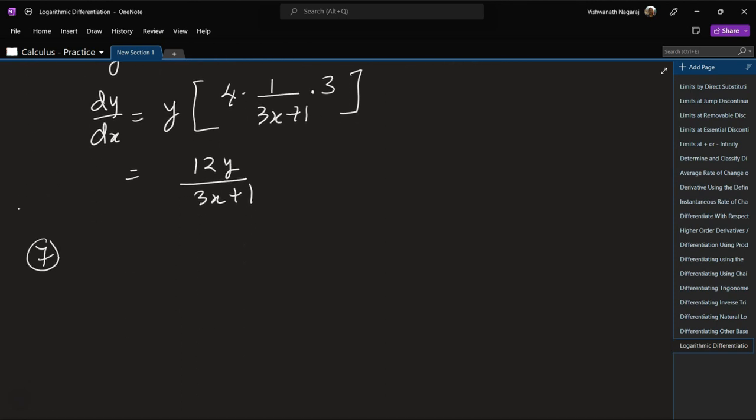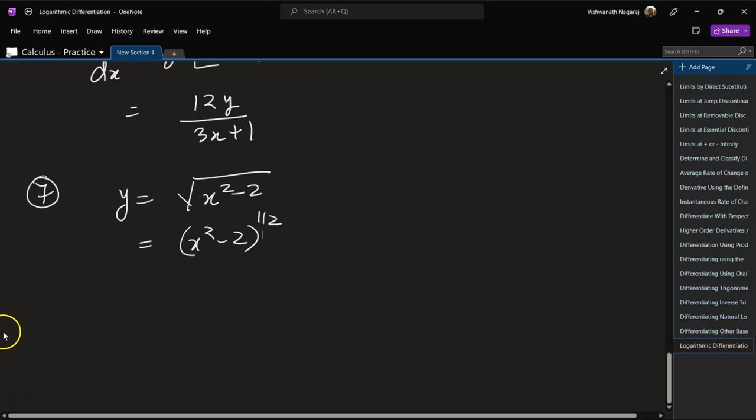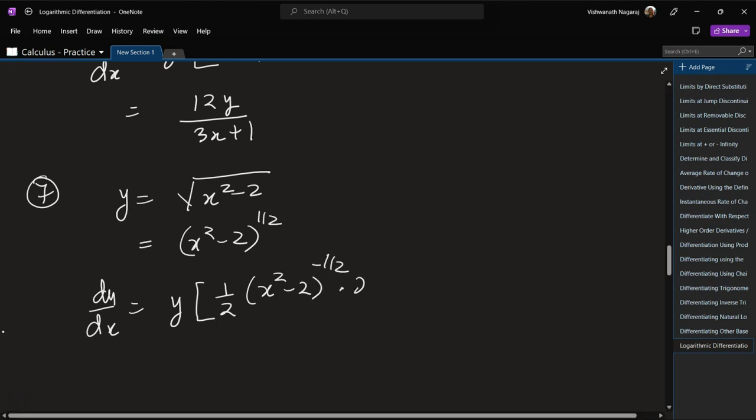Okay, let's look at the seventh one. y is equal to the square root of x^2 - 2, which can be written as (x^2 - 2)^(1/2). And again, for dy/dx, if we follow the logarithmic method, we can directly write it as y times, and now we have to differentiate this. So 1/2 times (x^2 - 2)^(-1/2) times 2x, which is equal to y times